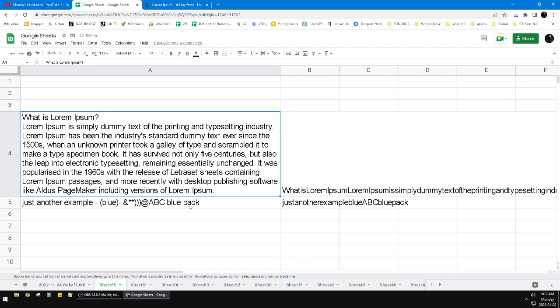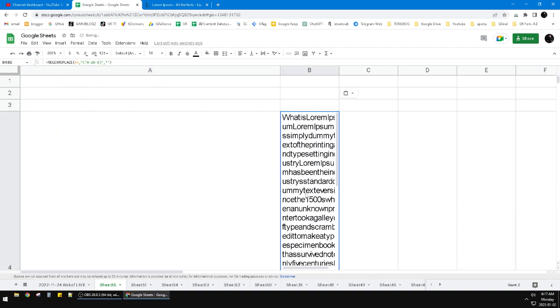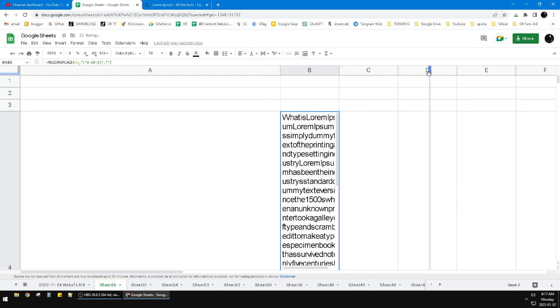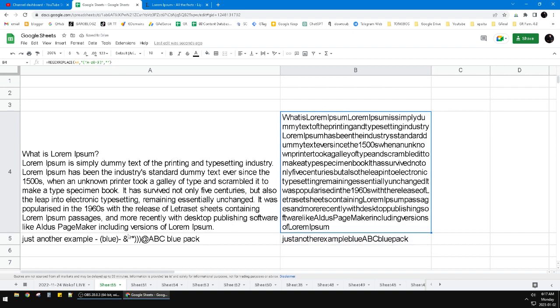I will make it wrap text for you. See, this is just another example, blah blah blah, with symbols. And then when I replace all the symbols and only extract the alphanumeric, the alphabet and then the numeric. But the problem is the space is gone. So how to maintain the space